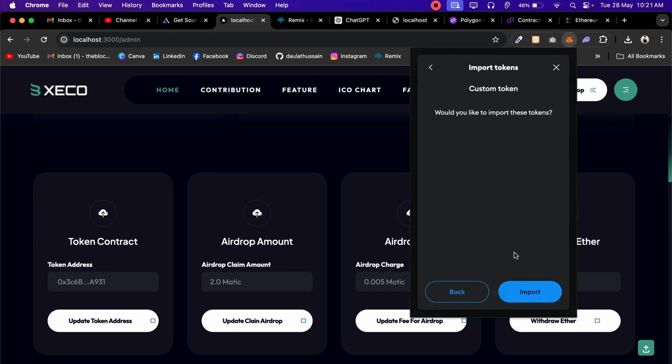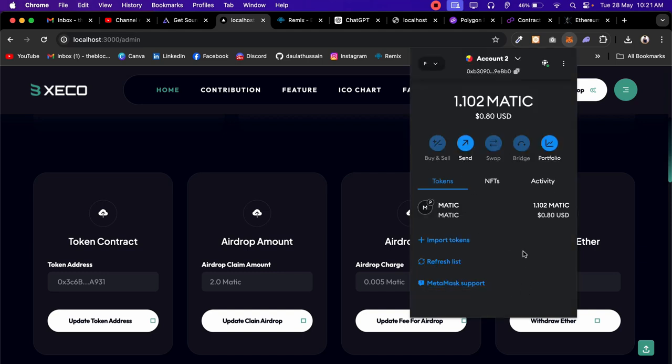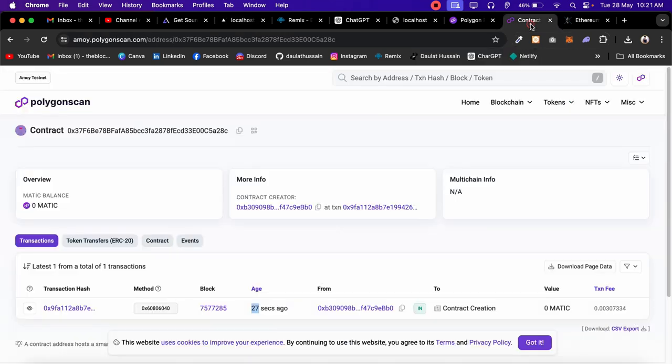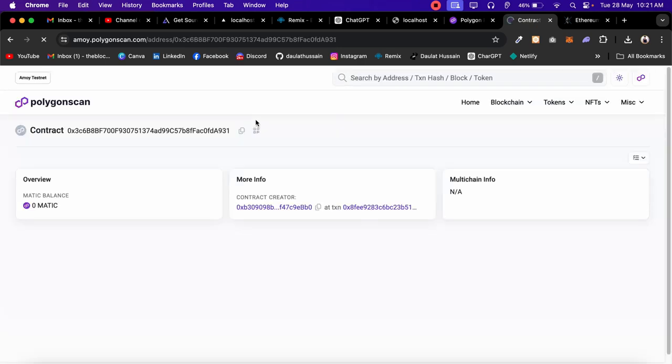It says, would you like to import this token? Yes, and just wait. Somehow this token is not reflecting here, and this is a weird problem we have in the Polygon Lattice network, because when you import the token, it's not reflecting here. I have noticed this. But if you check, this token is available. If you come back to the contract, hit enter, you will see this token